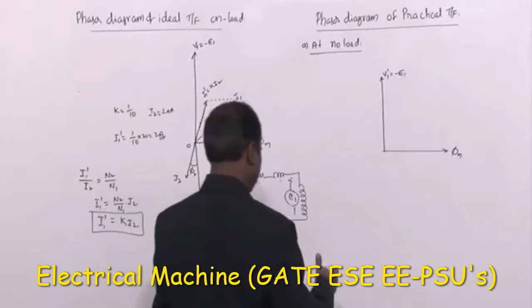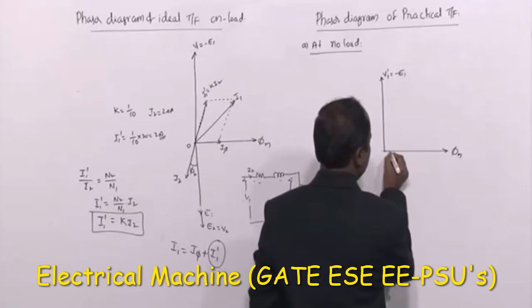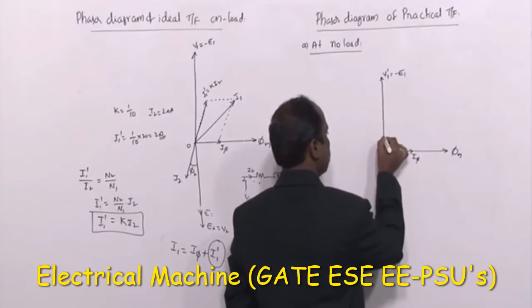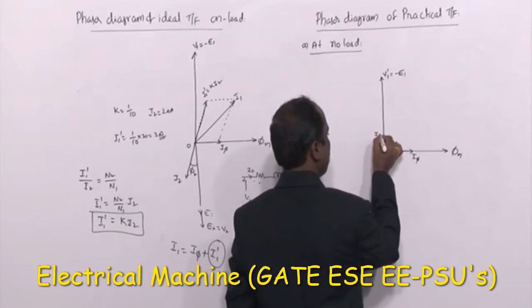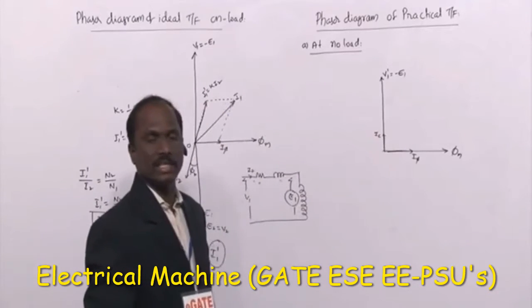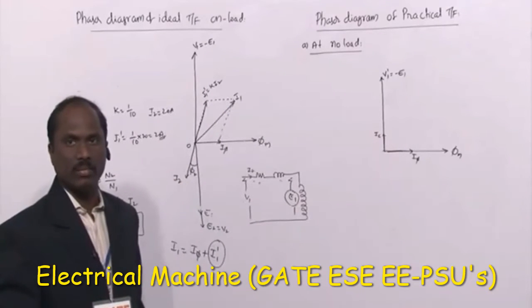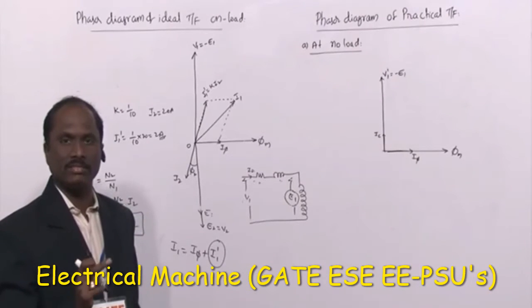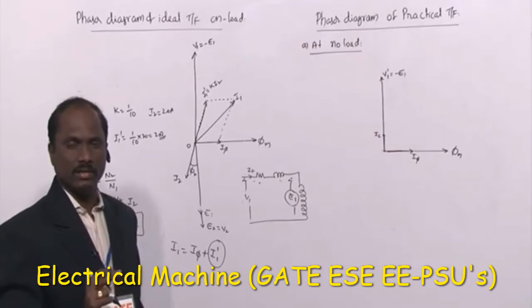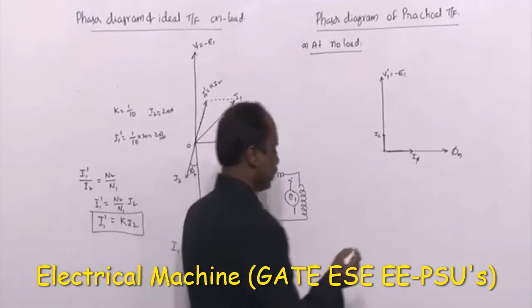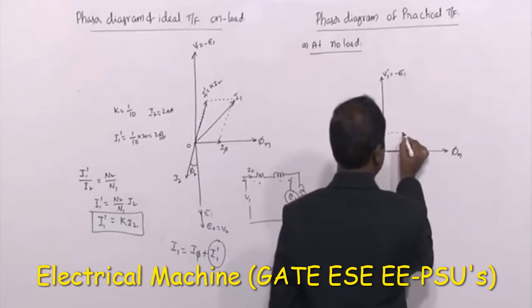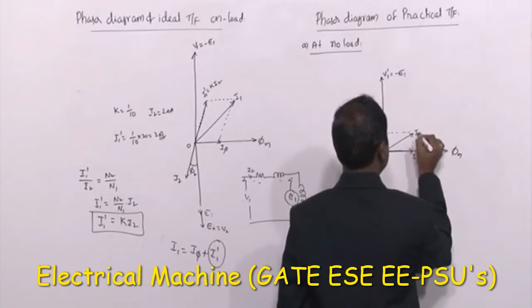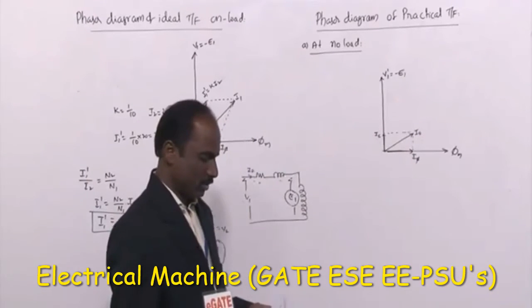And next one, how is the current? Current is having two components under no load condition. One is for the production of the magnetic flux. The other one is the core loss component. In the core loss, in the form of resistance, there is a power loss, which is causing a core loss component IC. So I0 is having two components. One is for the production of the magnetic flux and the other compensates the core loss, so that the resultant of these two is I0. This is the current drawn from the primary of the transformer.